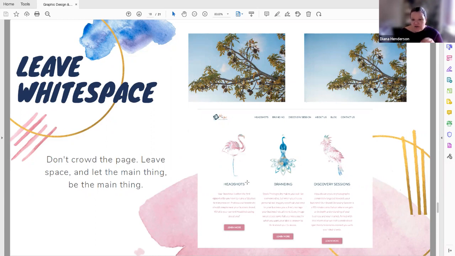it, our eye goes exactly where I want our eye to go. I want the eyes to go to headshots, branding, and discovery sessions. Those are the 3 main things that I want people to look at and think about when they come to this part of the website. So by leaving a lot of white space around it, it's almost like you're taking people's attention and putting blinders on, and it kind of forces them to look at the thing that you want them to